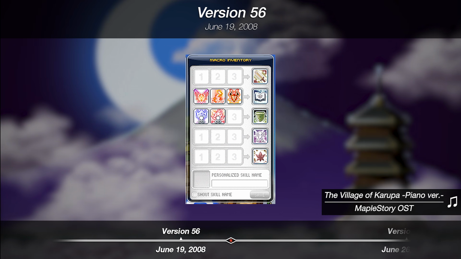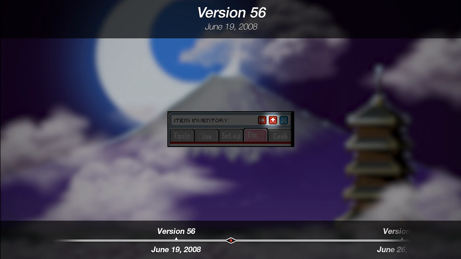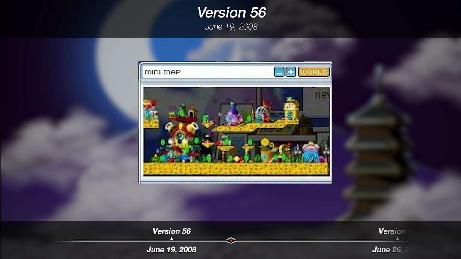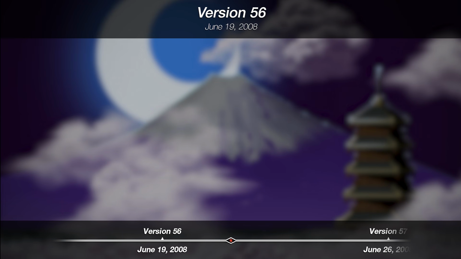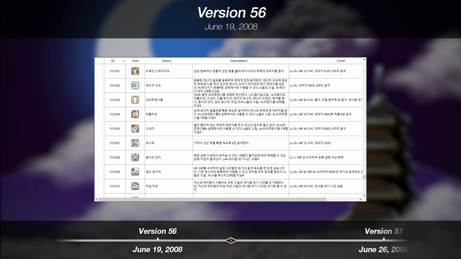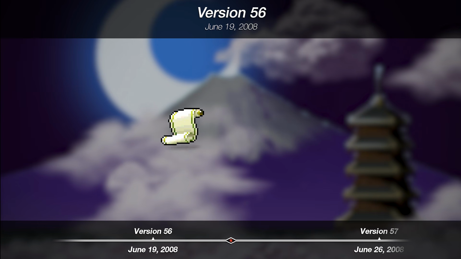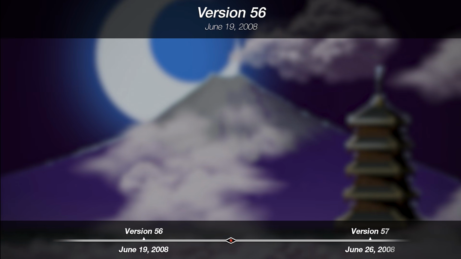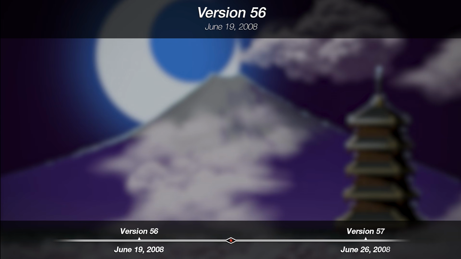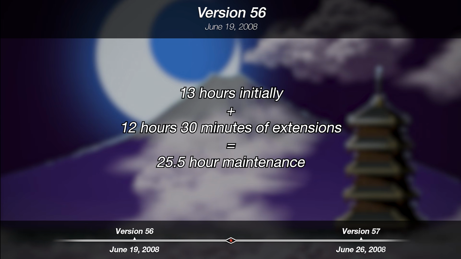Skill macros were implemented. The option to gather and sort your inventory was added. Minimap icons no longer blink and were changed to be static. Alliances were added. Initial pirate job data was added, most of it untranslated. Clean slate scrolls and chaos scroll data was added. A lot of major overhauls to the game happened with this update, and it took them 26 straight hours to